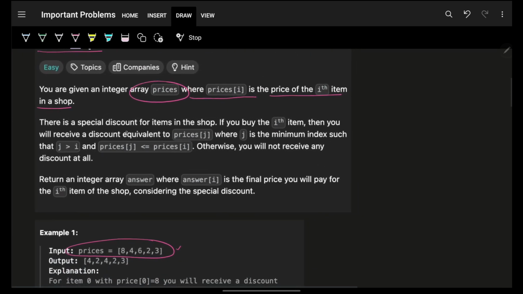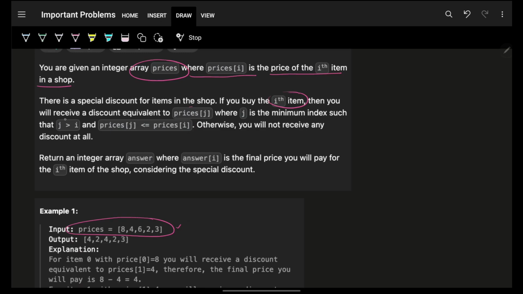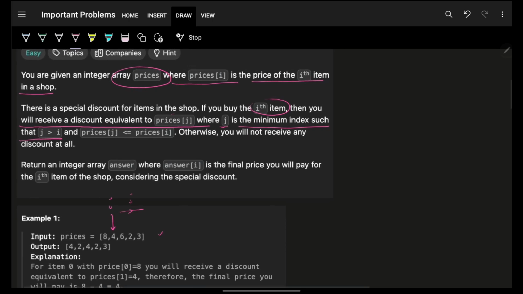Now, there is a special discount for items in the shop. For each item, you have a special discount. If you buy the ith item, then you will receive a discount equivalent to prices[j]. So let's say if I am buying this specific item, then I will receive some prices[j] as a discount. What is prices[j]? j is the minimum index such that j is more than i. So if it is i, j should be more than i, and